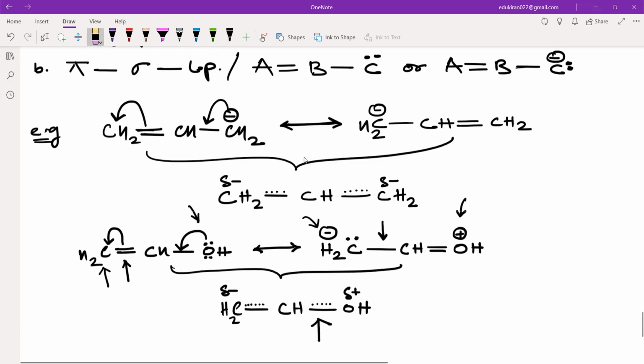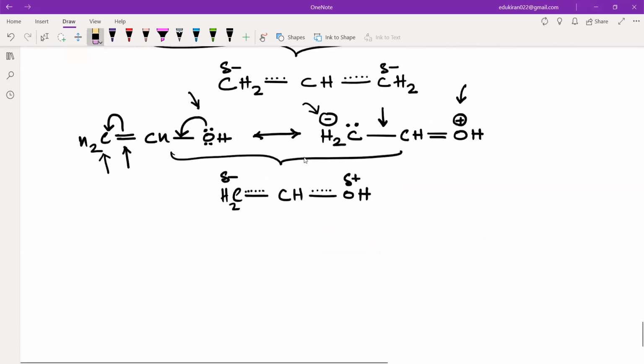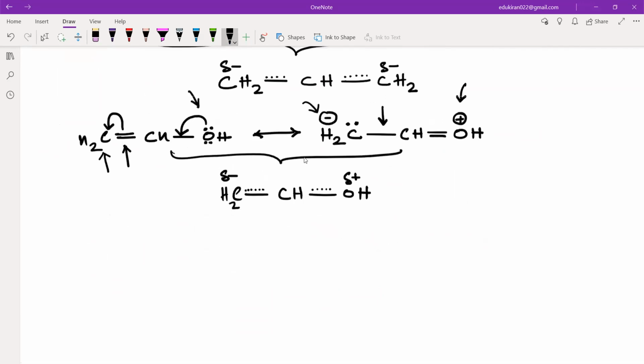Okay. Now, what insight can we get from this resonating structure? If I look at this structure, that is CH2, double bond CH, single bond OH. So you remember electrophilic site and nucleophilic site, yes or no? Electrophilic means electron loving. Nucleophilic means nucleus loving. Nucleophiles are negatively charged. These have more electrons. Yes or no? Okay. Now, if I look at this oxygen, I will say that this is nucleophile. Yes or no? Because it has more electrons.